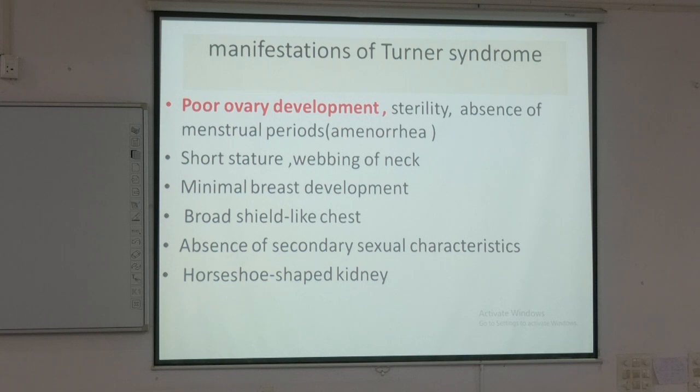We explore or try to find out why this disease is there. We find there is an absence of the ovary or a poorly developed ovary. This poorly developed ovary, we call a streak gonad. That can lead to sterility. Second thing is that they have short stature, they have a webbing of the neck. If you just look at this picture over here,